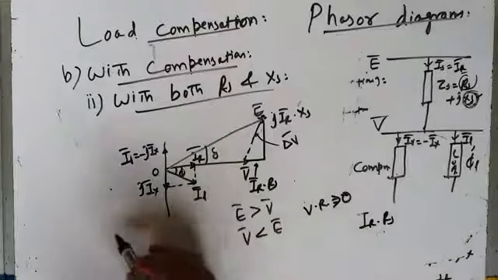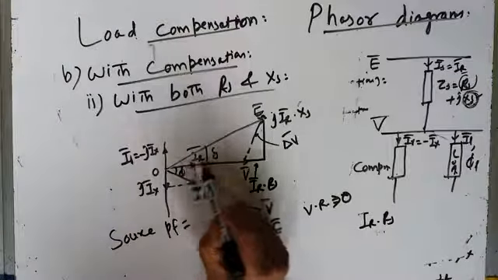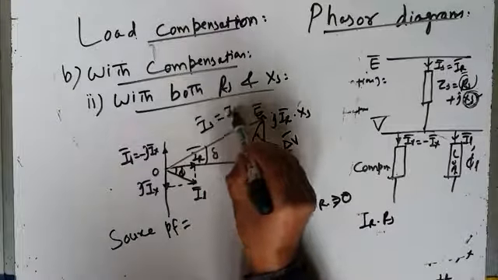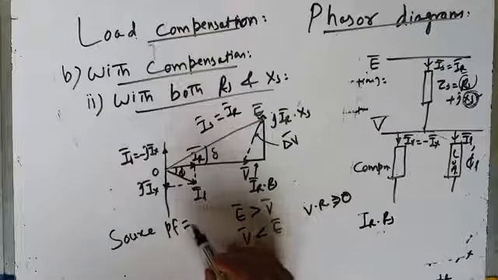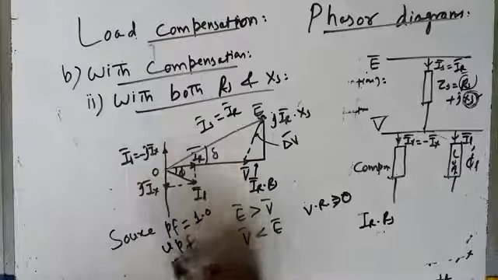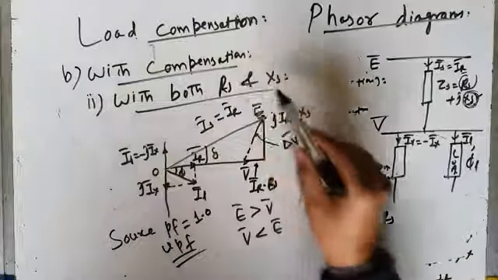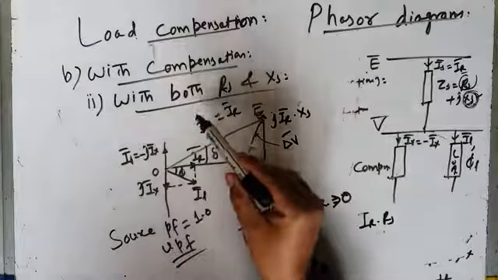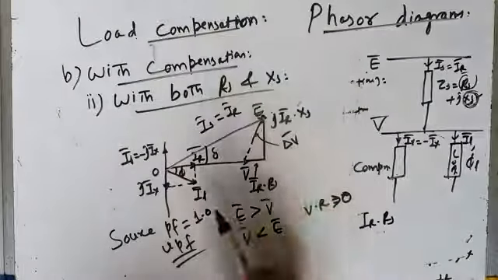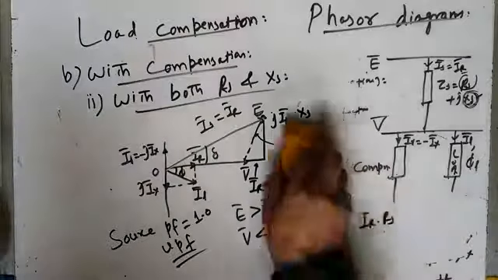But what about source power factor? Source power factor is unity because only the resistive component of current is coming from the source. IR source current is same as IR since the source supplies only the resistive component of current. So source power factor is 1.0, unity. So you get unity power factor. You have UPF operation. Okay. So this explains the role of the compensator as a power factor corrector or for reactive power compensation. This shows how you get unity power factor. Okay.